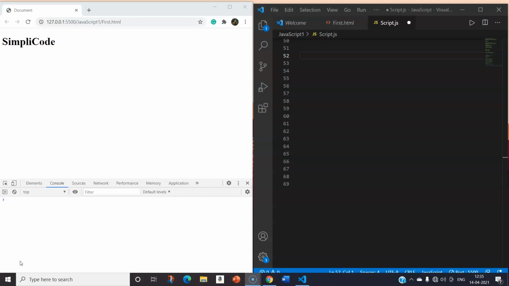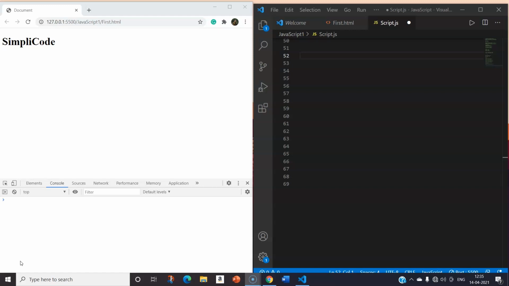In the previous video, we declared a few variables. We declared numbers, strings and booleans as well. In JavaScript, you can change the data type of any variable from one to another. You can change a number to a string or a string to a number. Let's see an example of type conversion.